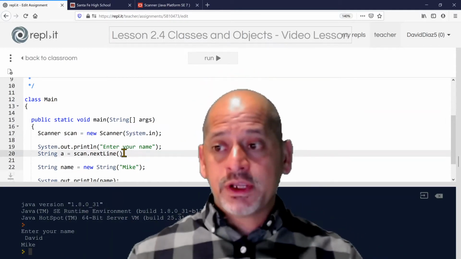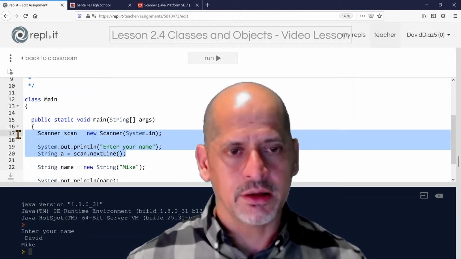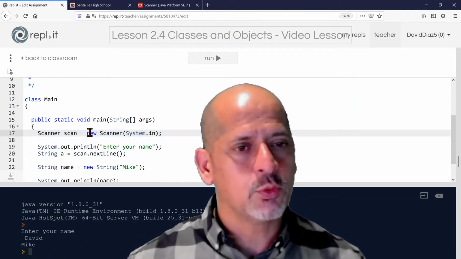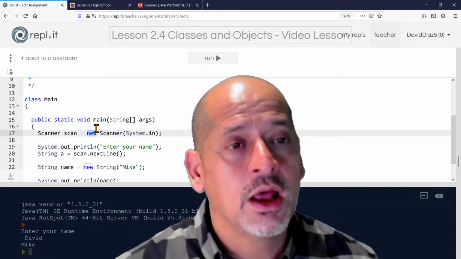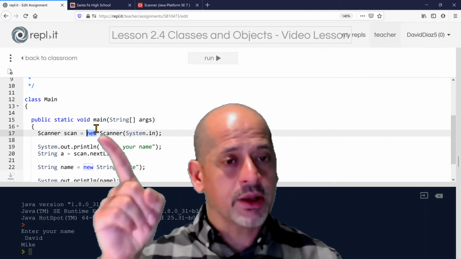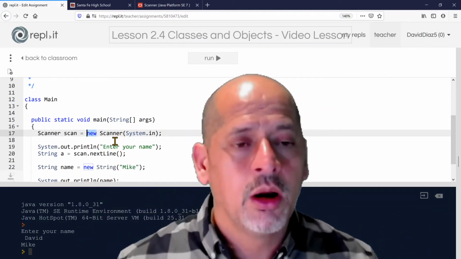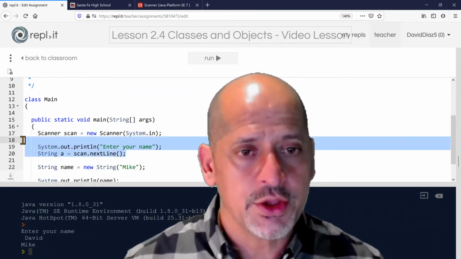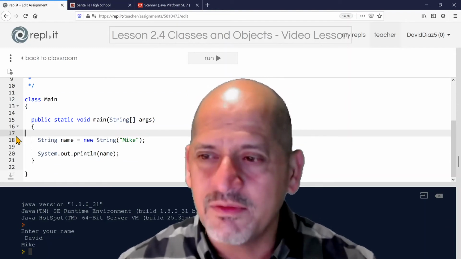Now the same thing with strings. So let's get rid of this line. We're not going to talk about scanner any longer, but remember that you do use the keyword new, and once we go into lesson 2.5, we're going to be talking about constructors, and then we're going to come back to the word new. So slowly we're getting to a little more understanding of Java and the code that we are using. Sometimes we use it, and then we kind of find out later on